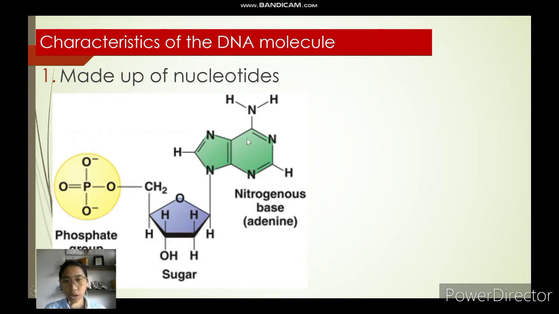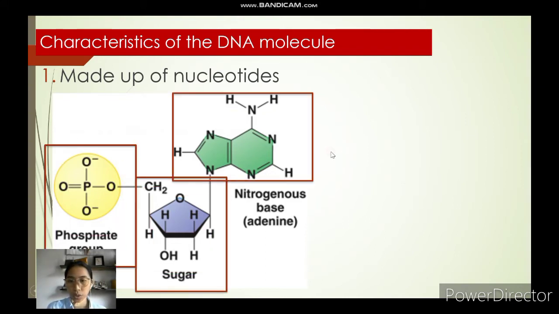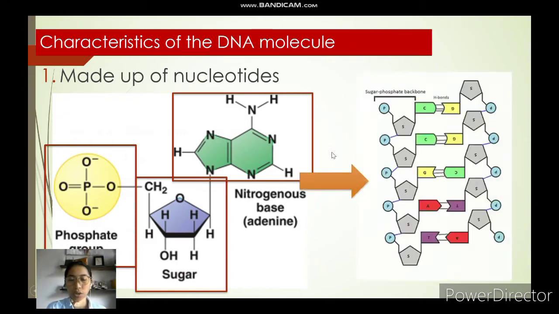Another part of the nucleotide is the nitrogenous base. In this case, this is adenine. We have two types of nitrogenous base, the purines and the pyrimidines. Ako na siyang ikuan later on. So kaning phosphate group, sugar, and nitrogenous base constitute your nucleotides. And if we combine all of these, mao na ni siya ang formation sa DNA